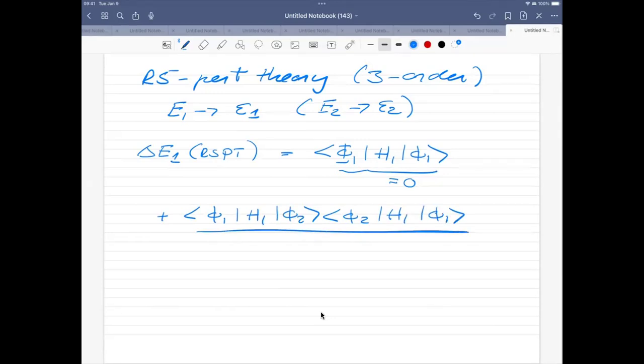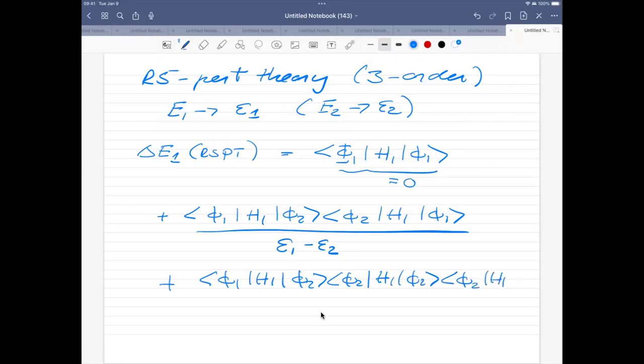And this is divided by epsilon 1 minus epsilon 2 here. And finally, the third order term runs like <phi 1|H_I|phi 2> here, and then I have <phi 2|H_I|phi 2>. And what we found last time is that this term to third order here, the first one, is actually equal to 0 because we don't have an interaction which gives something different from 0 for these terms, which are the